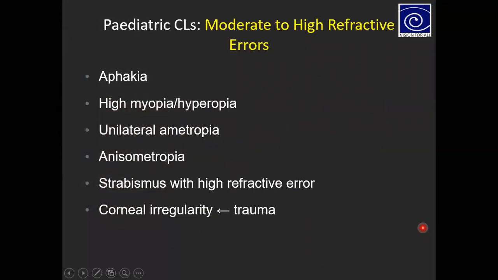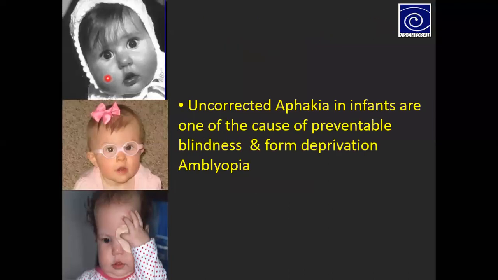So what I am mainly going to talk about is this first indication, aphakia, because this is the first absolute indication. This is the situation when a child has been operated on for a cataract and the IOL could not be put in the eye, so this child has to be given spectacles or contact lenses. There is a problem with spectacles in this kind of children because when there is aphakia, the refractive error is very high. That I will discuss in the further slides.